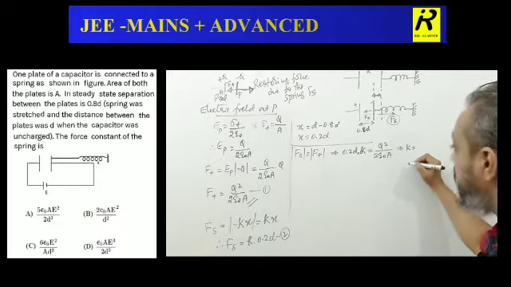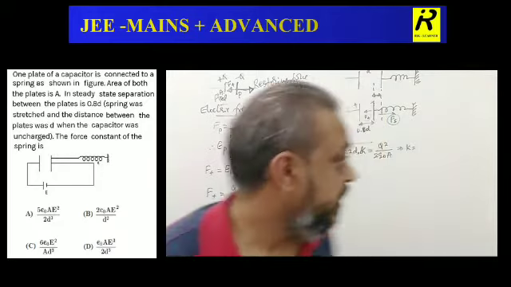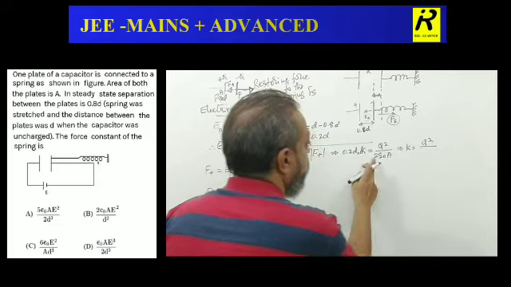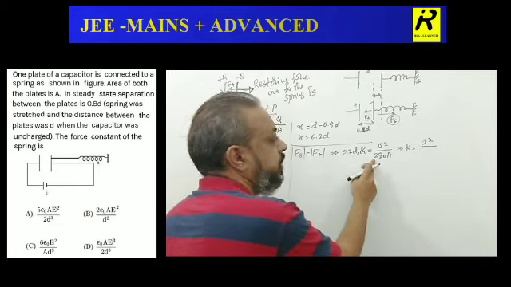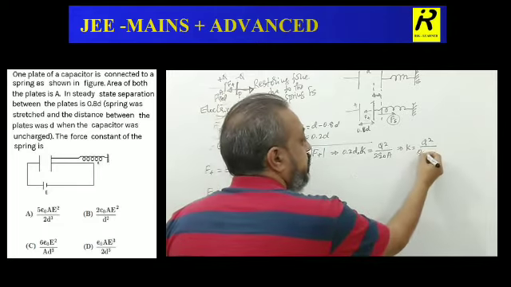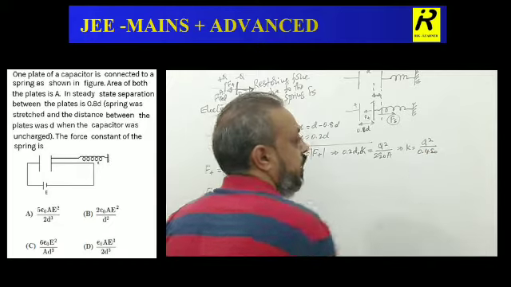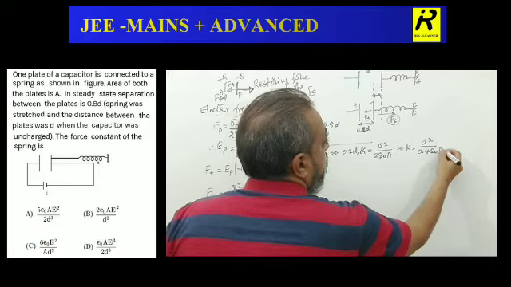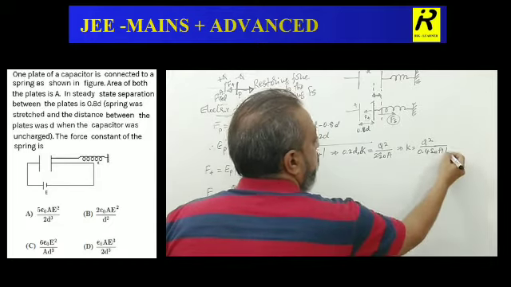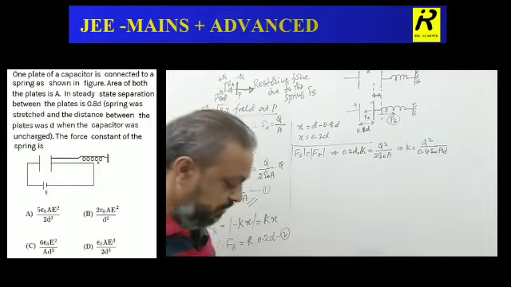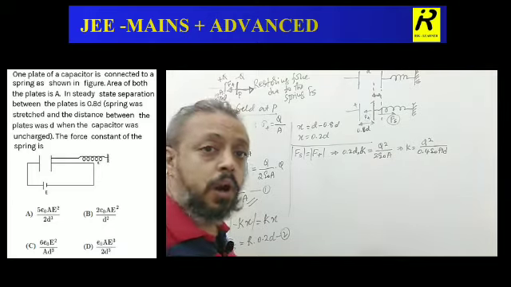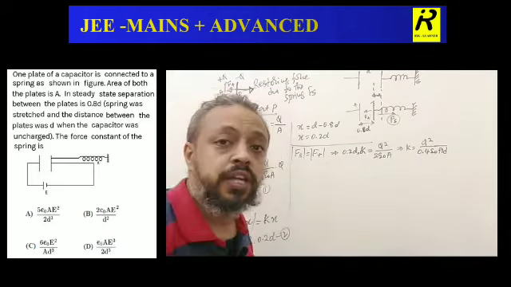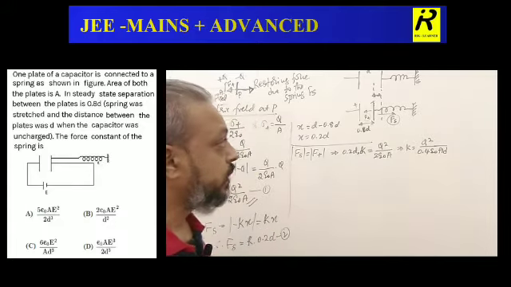On simplification, what I may get is k equals q square divided by, when I multiply these two terms, 0.2 and 2, this becomes 0.4, I keep epsilon O as it is, and I am keeping that A as it is, further it is d. So this much term I can write. When I observe all the options in the question, I am seeing no term including Q. So what do I have to do for that?